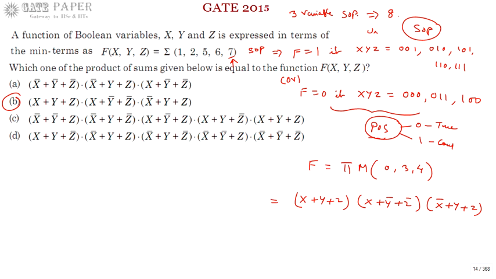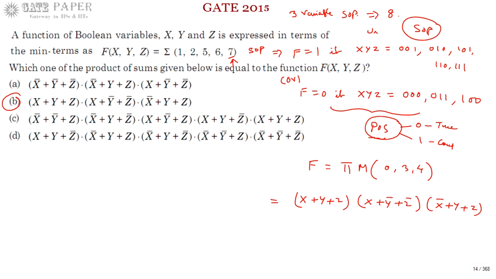So for any given function, if it is in SOP form, the minterms present in it are at logic 1 in the truth table. The remaining minterms present in the truth table are what you can expect from the given expression. If you write the product of sums for them as max terms, then that is the equivalent POS expression.